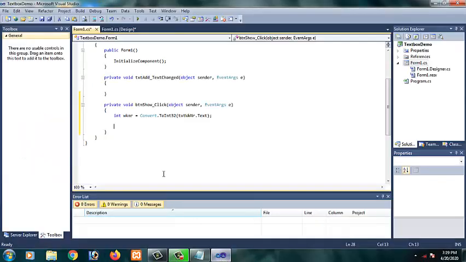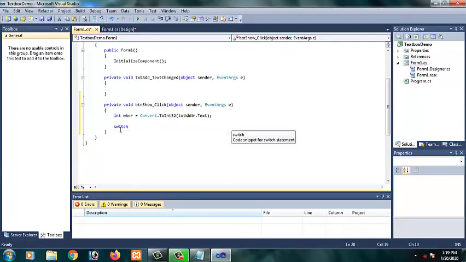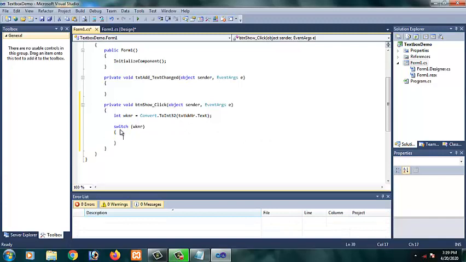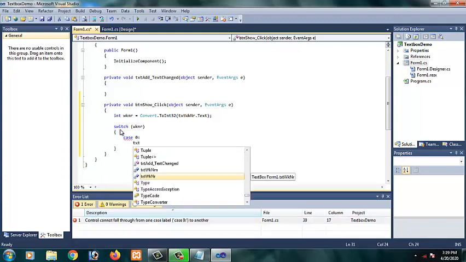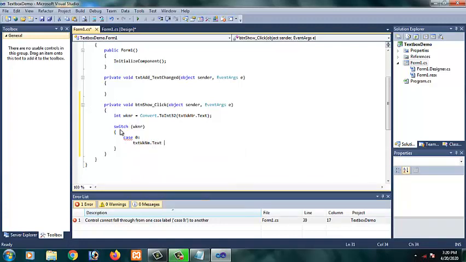Okay, coming back to the coding, switch, so I have to compare. If the value is 0, the text should be changed. Where is the value available? In week number. So switch week number, and then case. First, when it is 0, so 0 is the first case, and what I have to do in the second text box, I have to assign the value as Sunday.